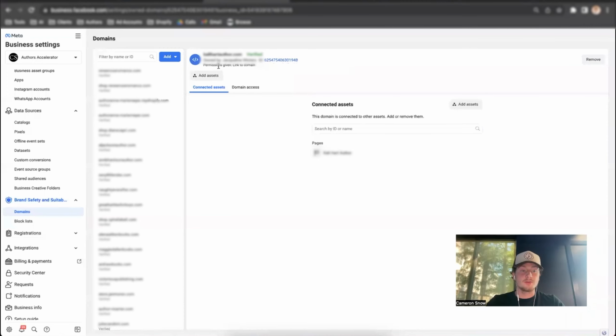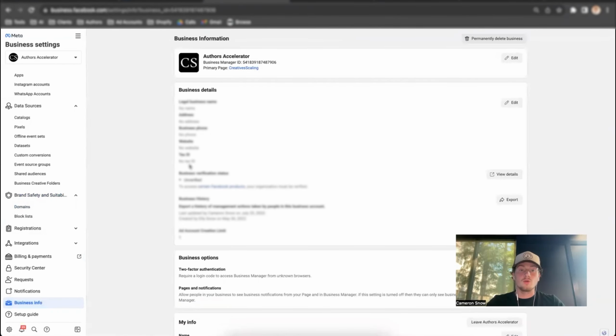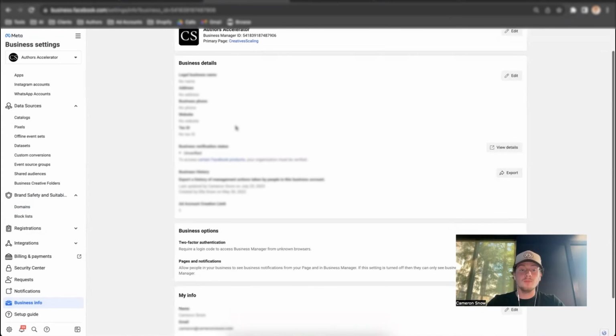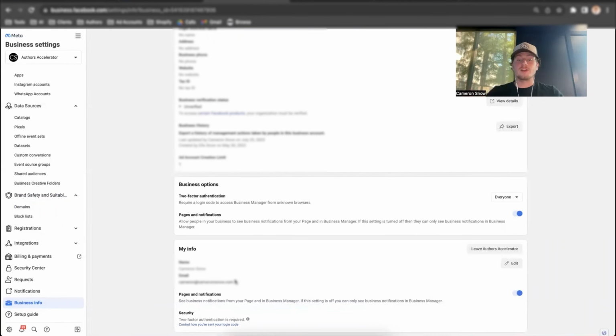Awesome. So now that your page is connected with your domain, we're going to head down to the business info on the far left and make sure that your business information is added in here and that you have your primary page selected here, which would be your main page that you're actually going to be running your ads from. Once you have all of that information in there, you're also going to want to make sure that your email is added in at the very bottom here, and that it is verified and that everything is set up. So you have your name, your email in here, and it does not say resend verification link. If it does say that, make sure to resend that and